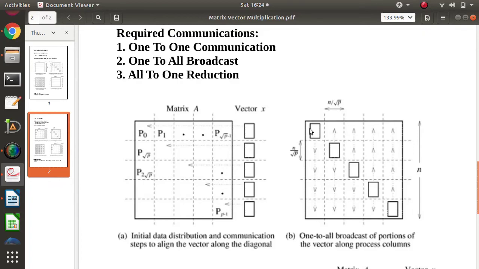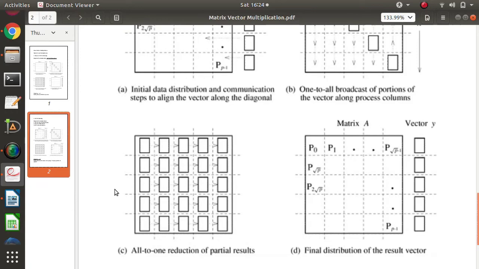These are the elements of the vector. So now all elements of the vector are shared to the processes. Each process already has some value, so it will multiply that value with the first value of the vector. This process will multiply with the second value of the vector, this one with the third value. In the same way, all processes will perform one multiplication.